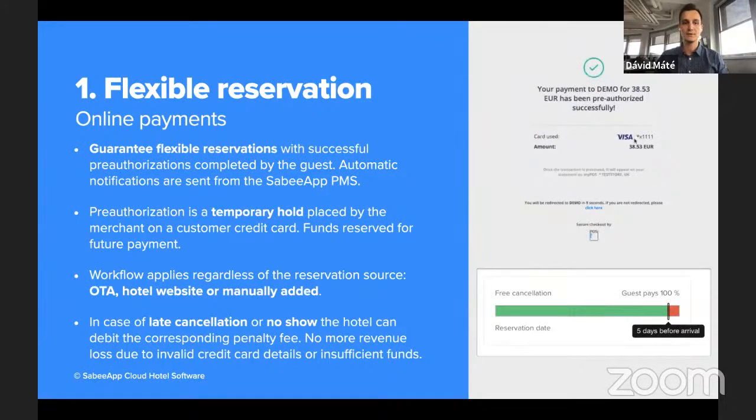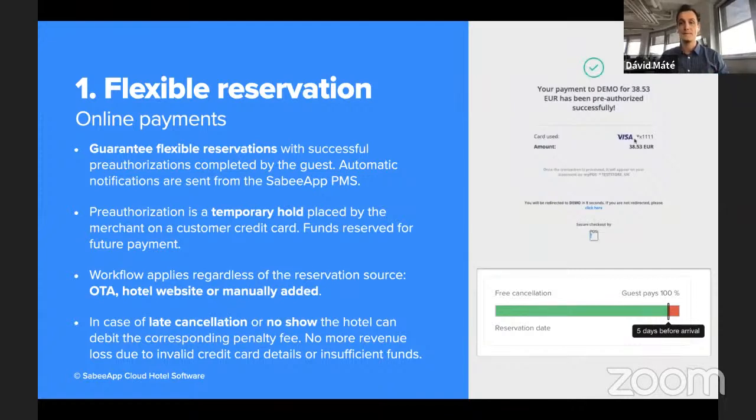With a flexible reservation, we're still collecting a guarantee. So we need to make sure that we have some sort of guarantee from the guest that allows us to keep the room reserved for them. And this is done through a successful pre-authorization. That's done by the guest. We notify the guest automatically that in order to confirm the reservation and hold the room, we require a successful pre-authorization